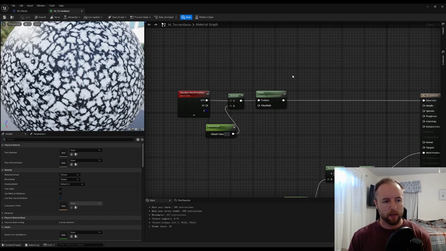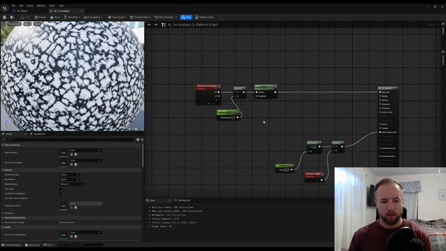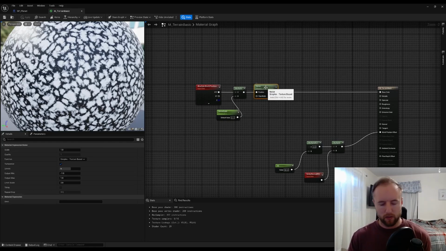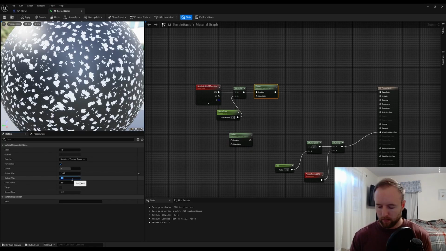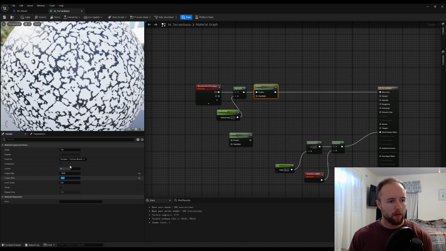We're going to add a second level, and we're going to add them together. So if we just copy and paste this, actually while we're here, you also see output min and output max. If you change this to -10 and this to 10,